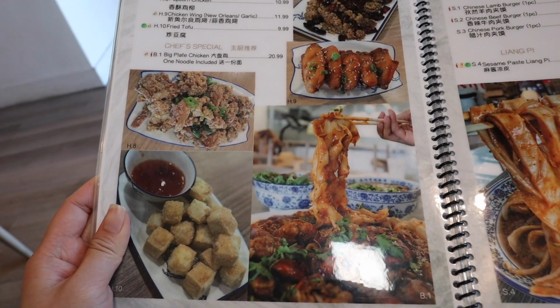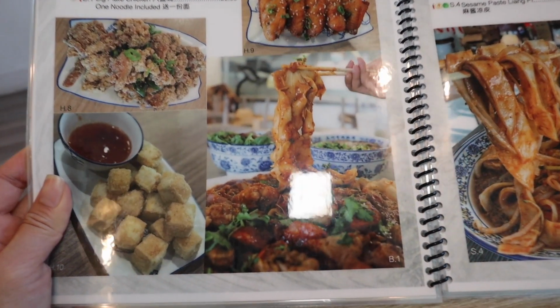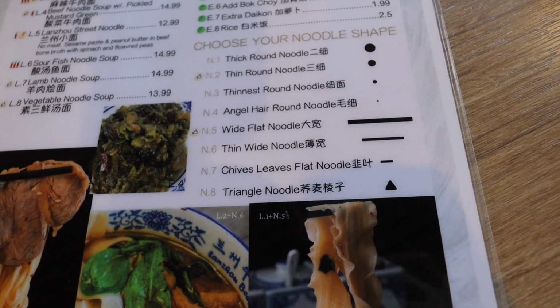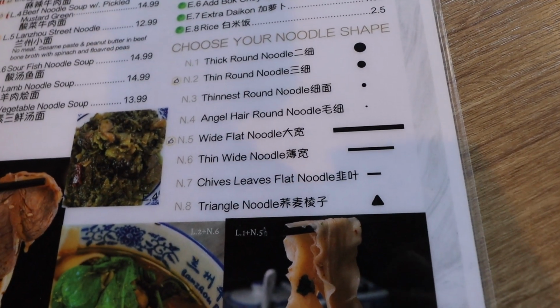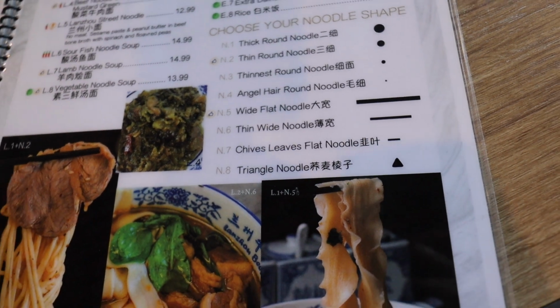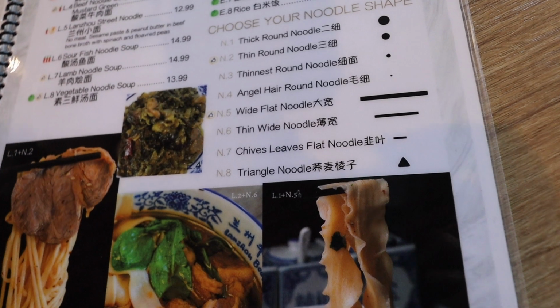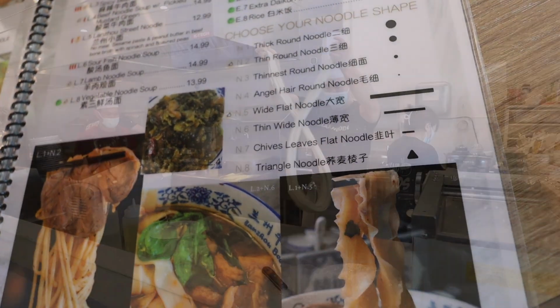Chef's special item here, it's a big plate chicken. This looks so good with their wide noodles. Really awesome about this place too is you can choose your noodle shape. So they have an assortment of different noodles and they make it fresh for you. You can get thick round noodle, a thin round noodle, thinnest round noodle, angel hair round noodle, wide flat noodle, thin wide